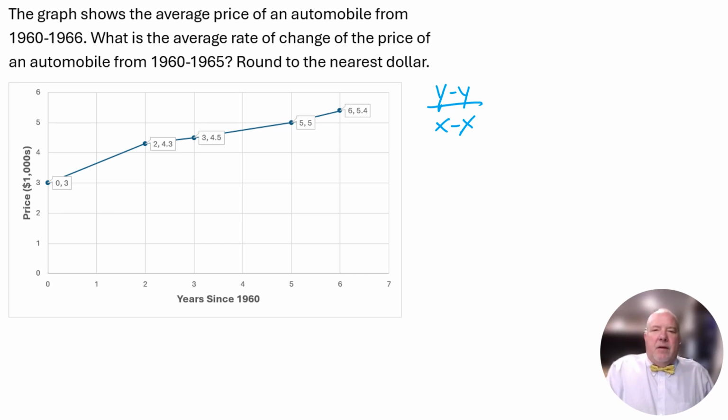And so again, we said the price went from 3,000 to 5,000. And let me highlight these to make sure we're looking at the right thing. So we're interested in that and that. So we're looking at the rate of change between those two values. Now, one thing, don't be concerned that it's not a straight line between those two. It's made up of straight segments, but we're still going to treat it just like there was a straight line here between those. So for the change in the y's, I'm going to have